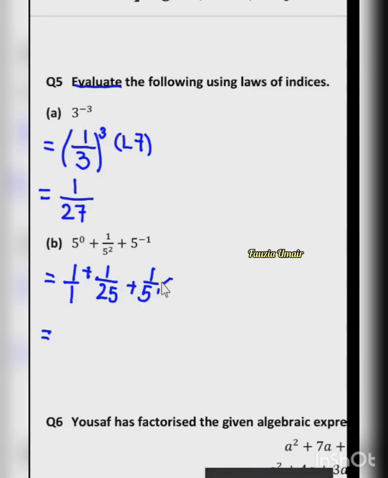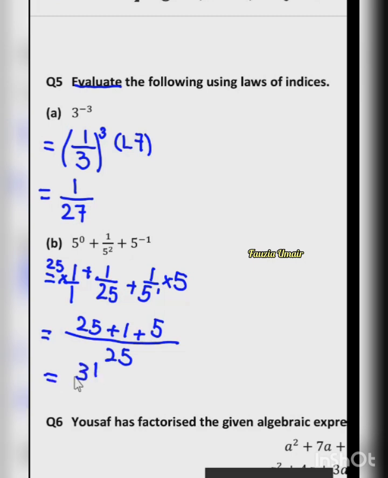So multiply this last fraction with 5 so that the denominator is 25. Multiply 1 with 25 also, so that the denominator is 5. So now the fractions, if I take the LCM, 25 is the LCM, and on the top, 25 into 1 will be 25. Then there would be a plus sign, plus 1, plus 5 into 1 is 5. So the final answer would be